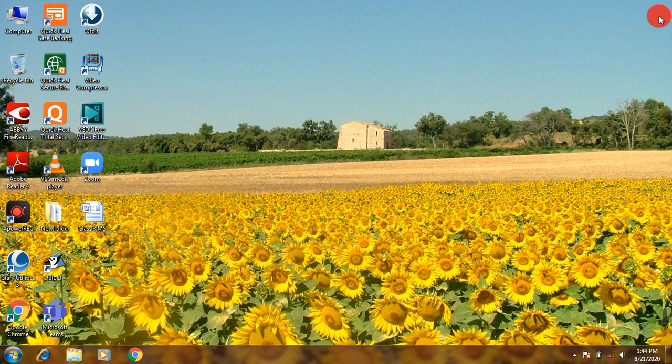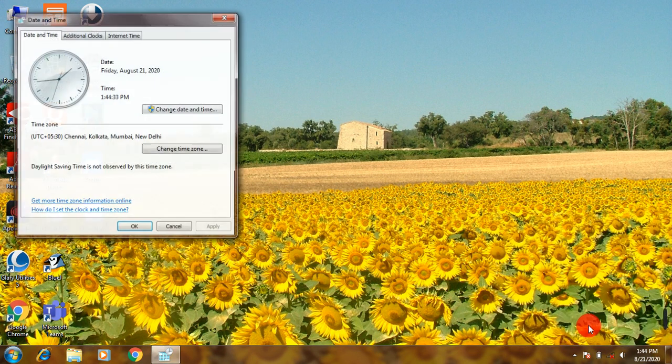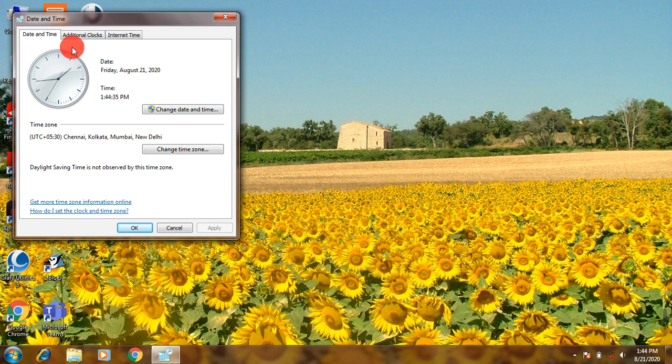Now I'm going to show you how to set date and time in your computer. To do so, you have to click here, and here you can find change date and time settings option. So click on this option. It will open a date and time dialog box, and again click on this change date and time button.